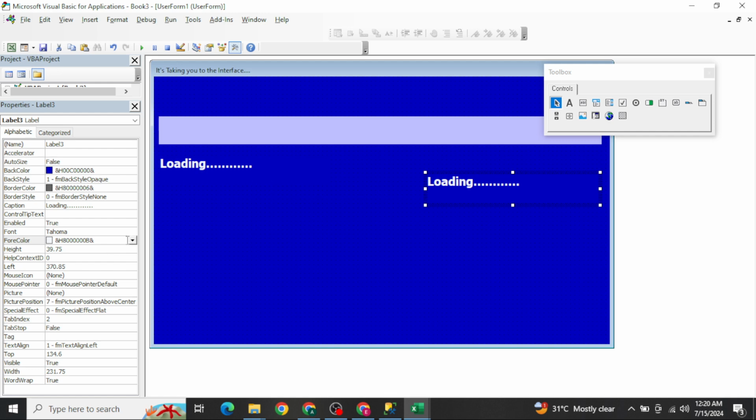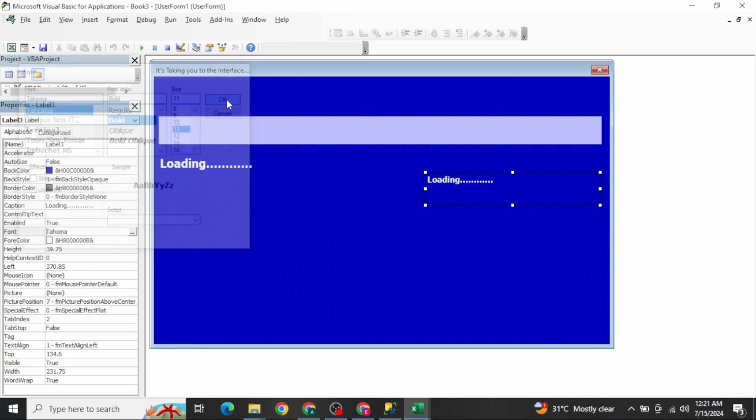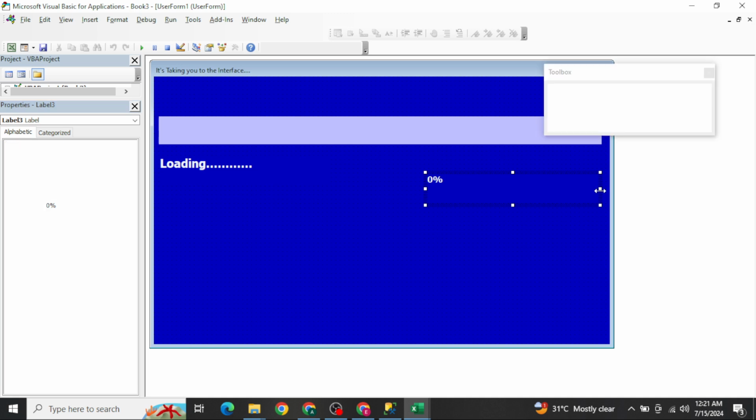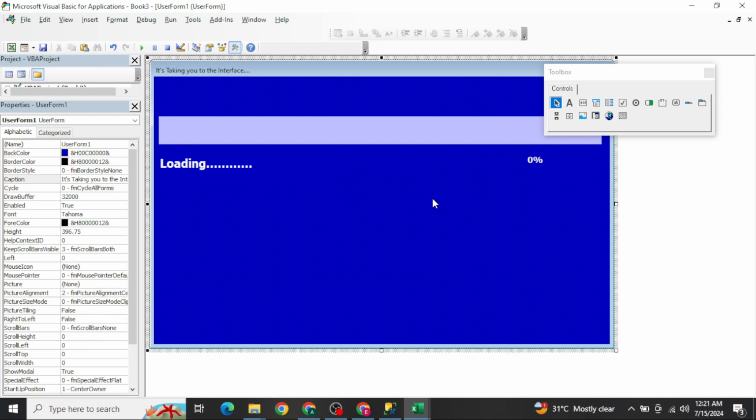Okay, let's change the font size to small, like 11. Okay, we want to give here 0%, 0%, which will show us the progress status. Right here, simple. Now what I can do is copy it, and I will not copy it, I will insert one more